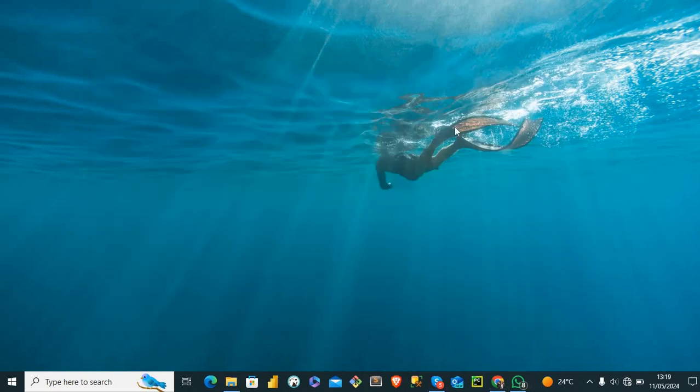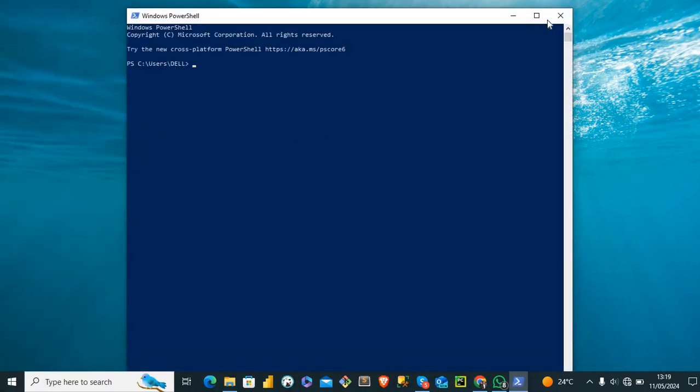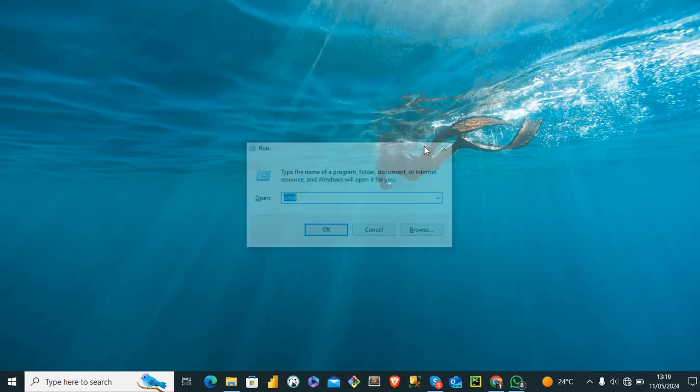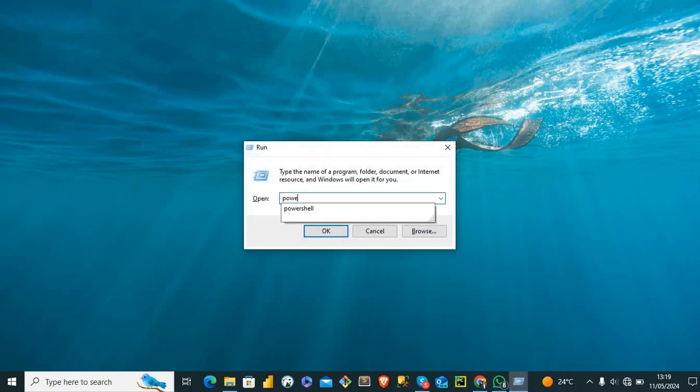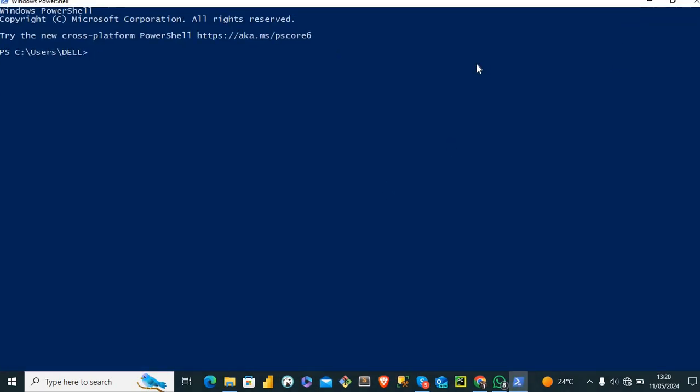And if you want to use PowerShell, you'll come to the Windows icon, right click it, and select Windows PowerShell. But you can also launch PowerShell by using the Run command. I'll press the Windows and R button and type PowerShell, and click enter. So once you are in PowerShell or command prompt, we will type wmic